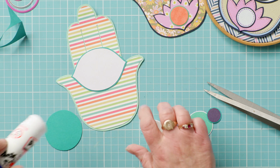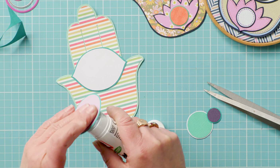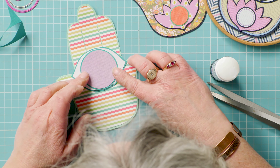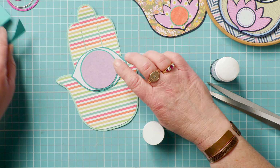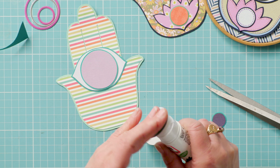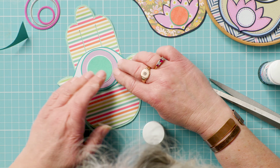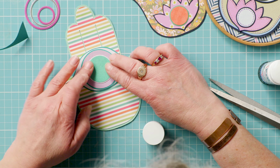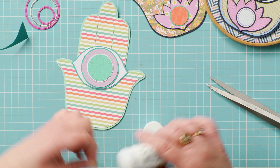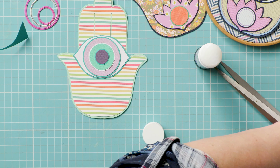and then you make the iris in exactly the same way. And you can either use a compass and pencil to draw your circles out, or you can use the template that I'll provide. Or if you have some circular dies from a die cutting machine, you could use them as well. But it's quite nice to have that hand cut look to it, so it's not 100% perfect. So I would just show you, when I've popped on these other bits,